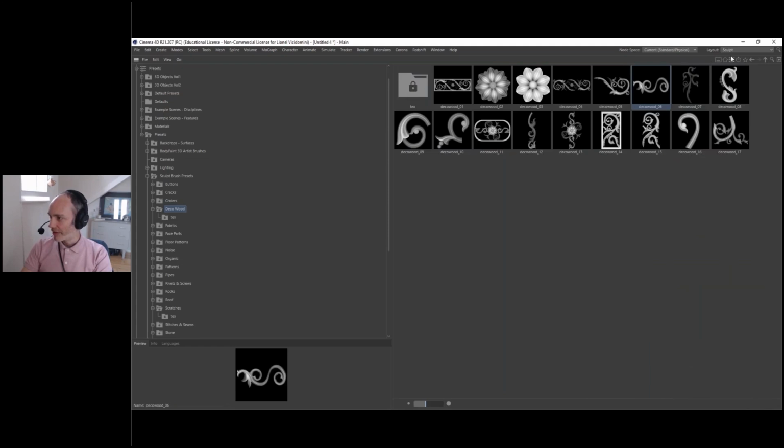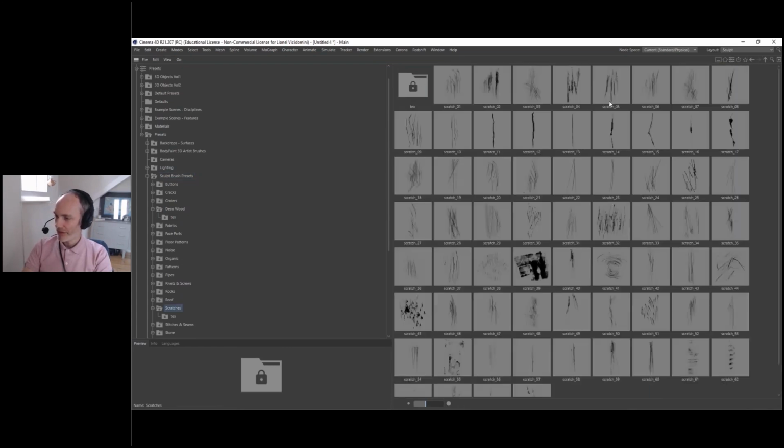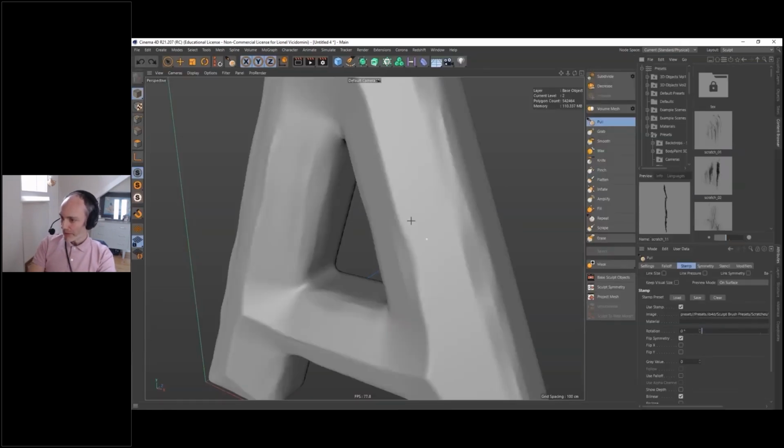We'll go back here and I'm going to use the scratches. And here we have a lot of interesting things, and those are the ones I'm interested in. So let's take the Scratch 11, double click to load it. And now if I drag, I have that. Okay, I have two problems.